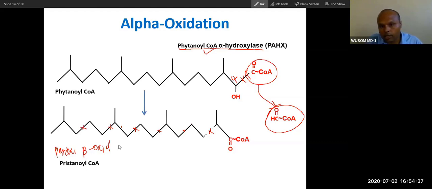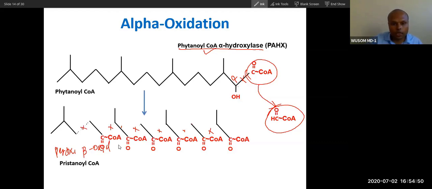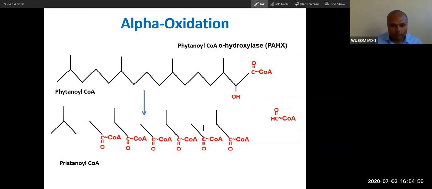Now you can see this bond is lost because of peroxisomal beta oxidation, which releases this bond loss. Again, peroxisomal beta oxidation. So did you see how many compounds have been synthesized right now? Can you see? This is acetyl coenzyme A, 3 acetyl coenzyme A, 3 propionyl coenzyme A like this, and 1 isobutyryl coenzyme A, 1 formyl coenzyme A. So this is the catabolism of phytanic acid.